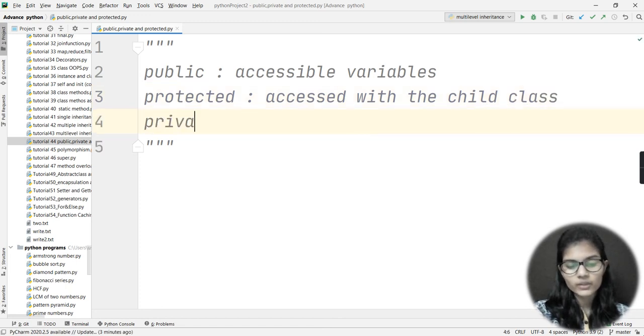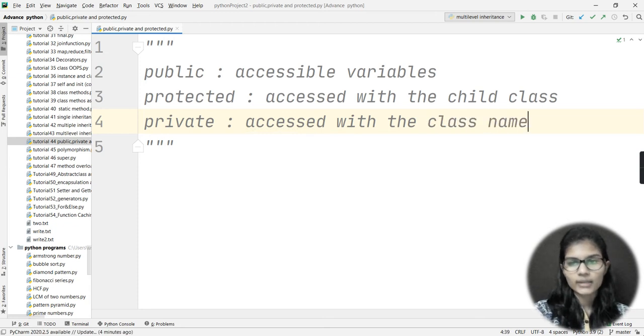And what about the private variables? Private variables are the variables which can only be accessed with the class name. Other than this, none of the variables in any other class can access this. The private variables which we have here can only and only be accessed with the name of the class.